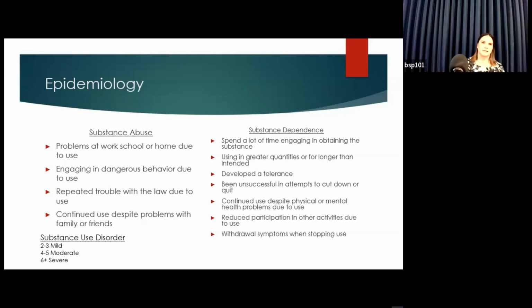We try to avoid using stigmatizing language, talking about people who are addicts or alcoholics. Some of these words have social stigma to them. So we really try to use the term substance use disorder as our umbrella term. And then we can talk about specific substances like alcohol use disorder, opiate use disorder, tobacco use disorder, et cetera.